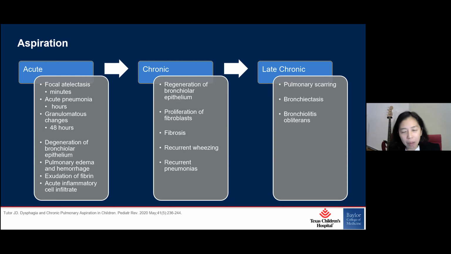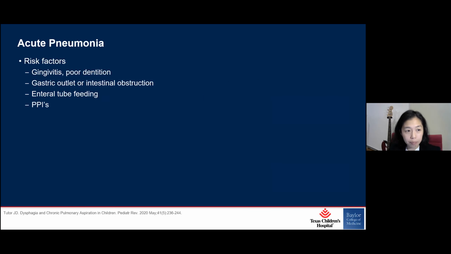So I know we always talk about aspiration a lot, but thinking about what, other than acute pneumonia, are the long-term sequelae of aspiration, and how can we intervene here to help prevent the progression to end-stage disease? So acute pneumonia, this is taken broadly from both the adult and pediatric literature, but what increases your risk of